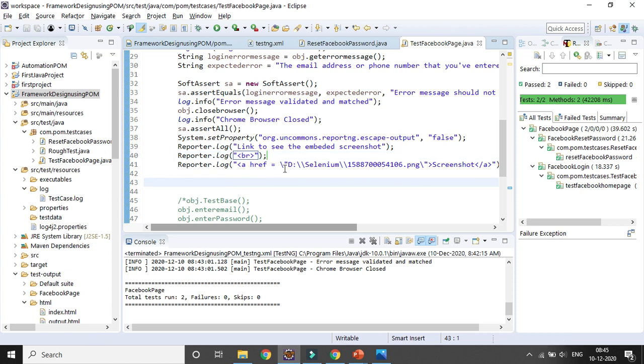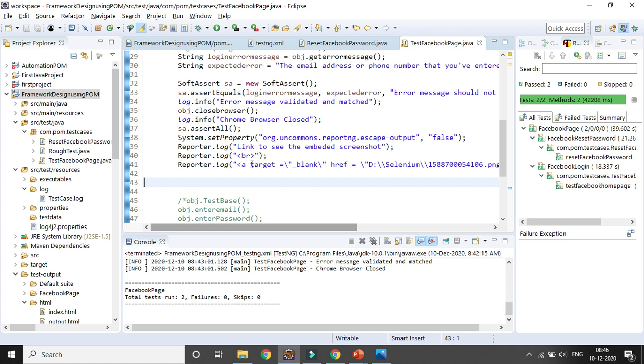If you want to open it in a new page, you will give a target after the anchor tag. It will be target equal sign, and then underscore blank, and then I am giving another slash and quoting it. That is the syntax you need to use. Href here, and I need to give double quotes. So this is the syntax.